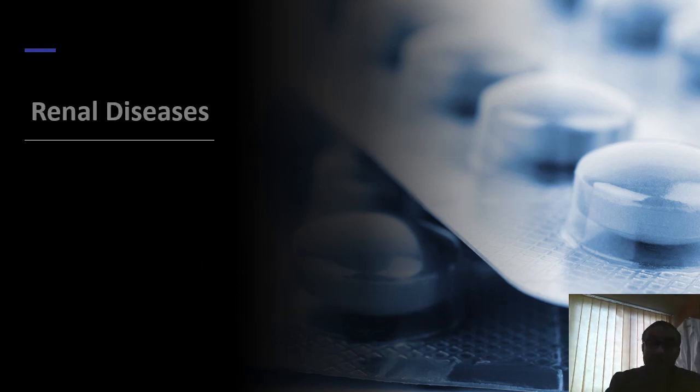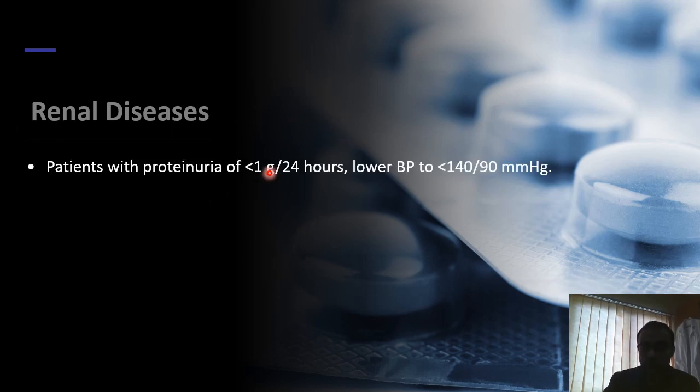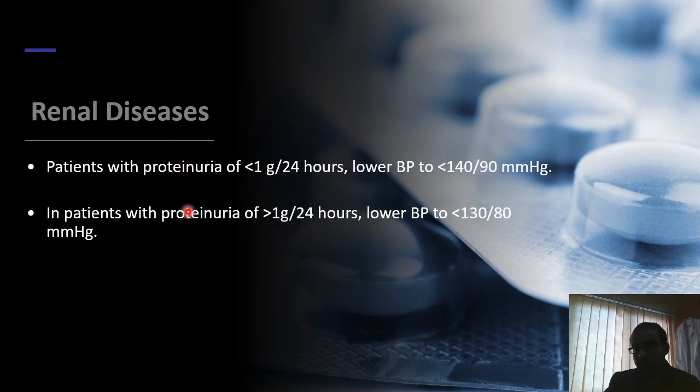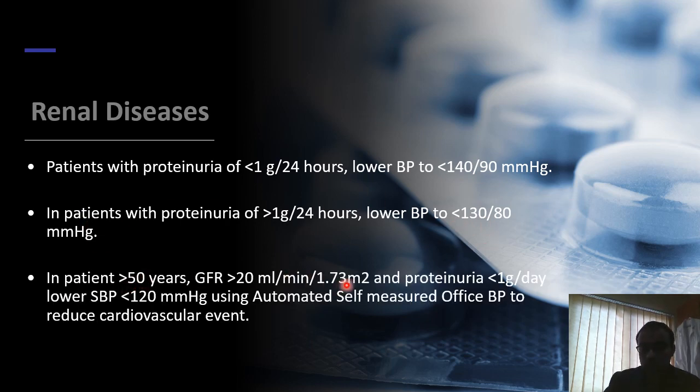there. The second special population is patients with renal disease. In hypertension with renal disease, we have to consider a few points. Number one, the extent of the proteinuria. According to the extent of proteinuria, whether it is more or less than 1 gram per 24 hours, you can set the target blood pressure. And also, you can consider the patient's age along with the proteinuria and the current GFR to aim